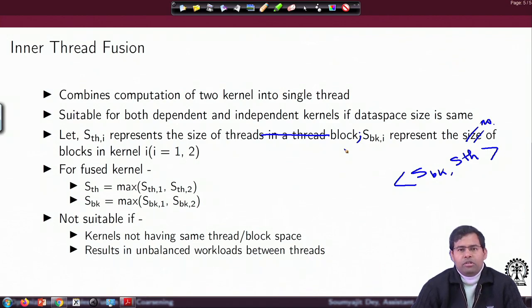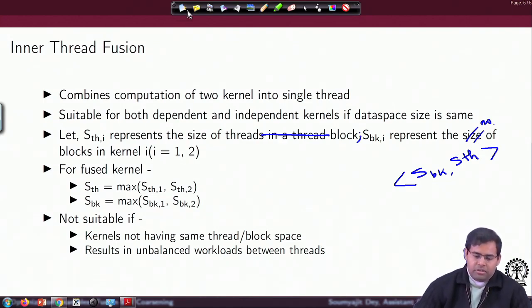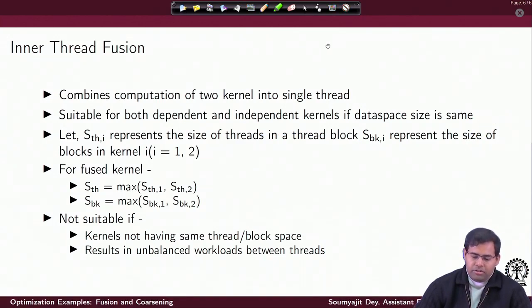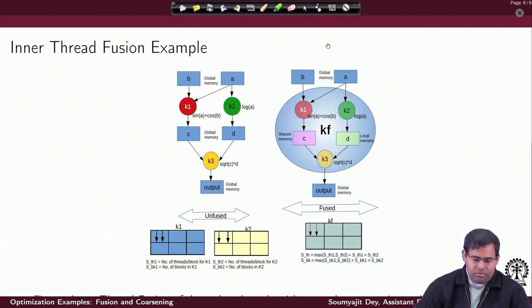Primarily, the reason is that it would result in an unbalanced issue of workload. I mean, the kernels' different thread blocks will have different amounts of work to do, and that would be an issue with respect to exploiting the parallelism of the GPU in general, right. So, we will actually prefer this kind of optimization if the number of blocks and number of threads per block, primarily the number of threads per block, are similar across the different kernels. Let's move to an example and try to figure out why this is really so.